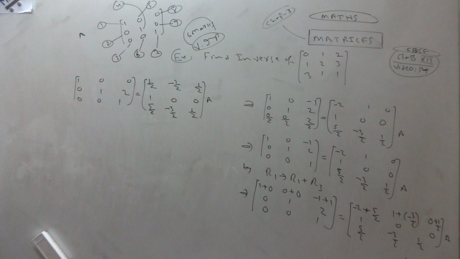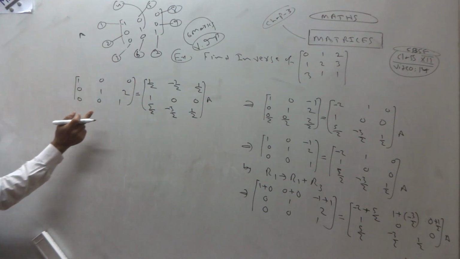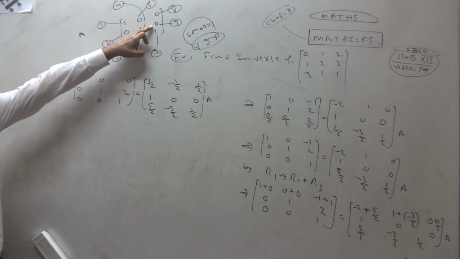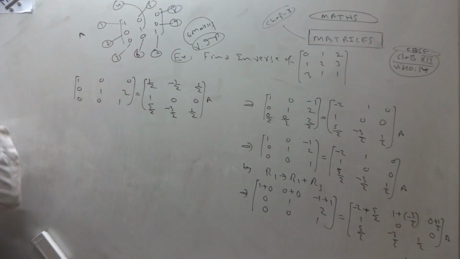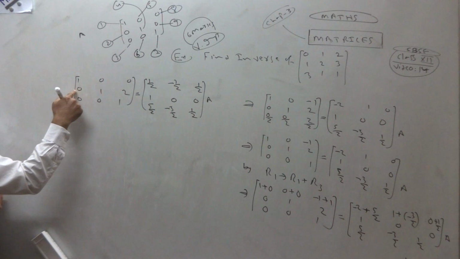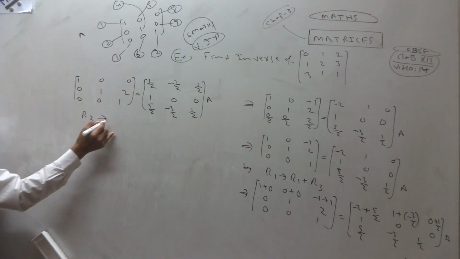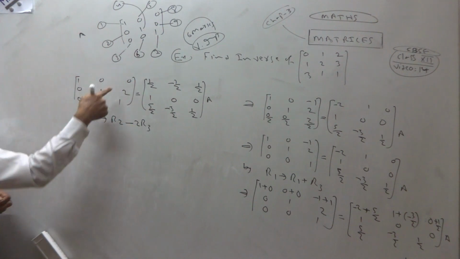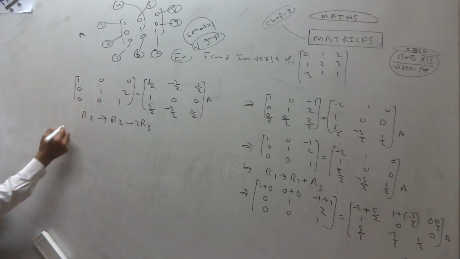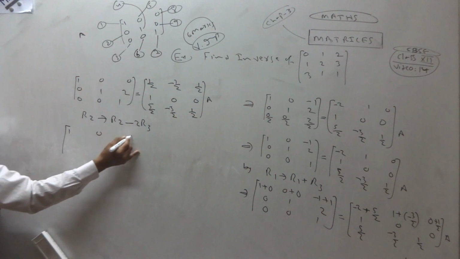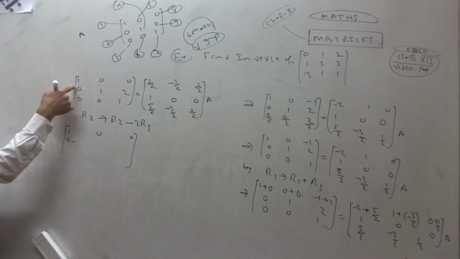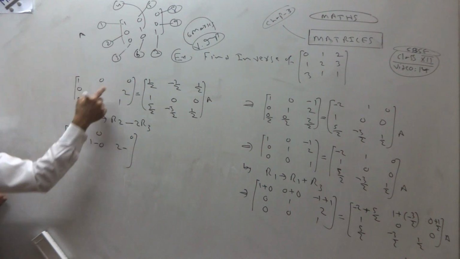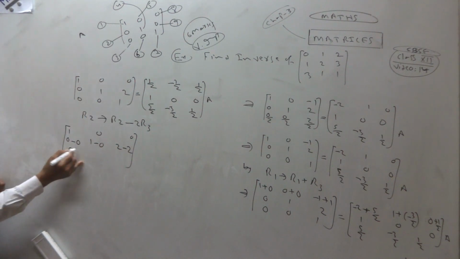Okay. Now see, last step. In the last step I should get 0 here, because finally I have to get 0. So how can I get 0 here? I have to change R2. R2 gives R2 minus 2 R3. 2 minus 2 ones are 2, I get 0 here. Okay. So now R2 will change. 0 minus 2 into 0, 0. 1 minus 2 into 0, 0. 2 minus 2 ones are 2. 0, 0, 1.